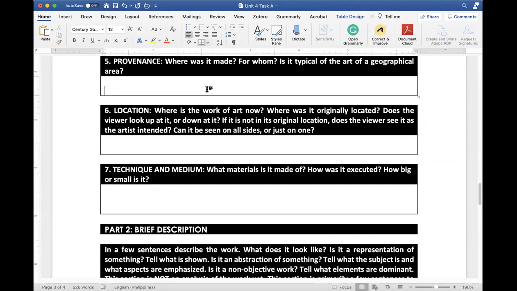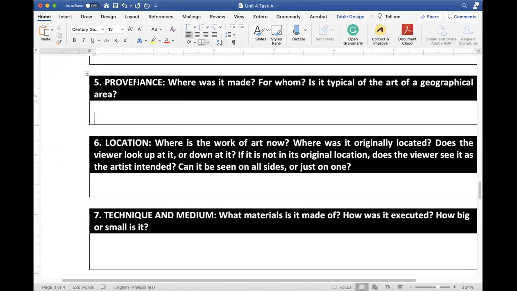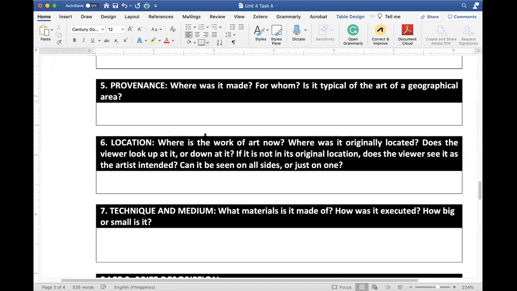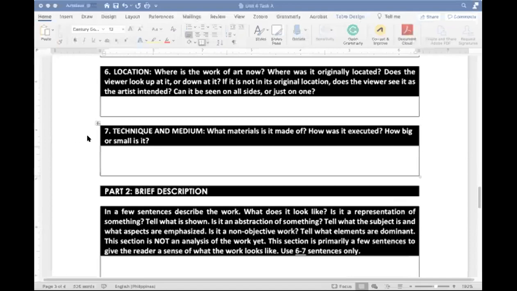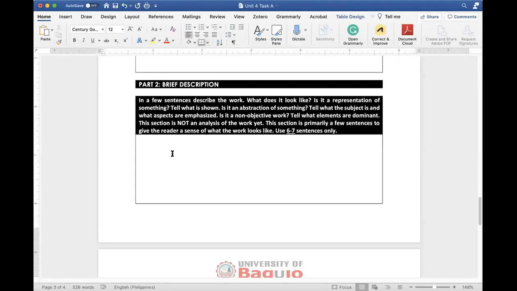Who are the people? Are they recognizable? Maybe this is a painting that was, for example, Mona Lisa or the La Gioconda was actually a commission. So it was painted for somebody. Okay? And then you can also include in here the kind of art, like what we discussed last week. Is it a portrait? Is it a still life, etc., etc.? Locations also in online. Technique and medium. This is oil paint on canvas. Okay, so you just put the details in there, and then last part will be the